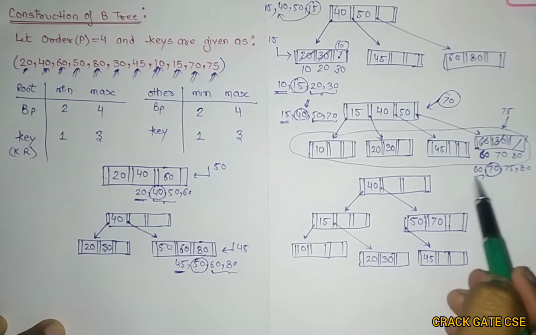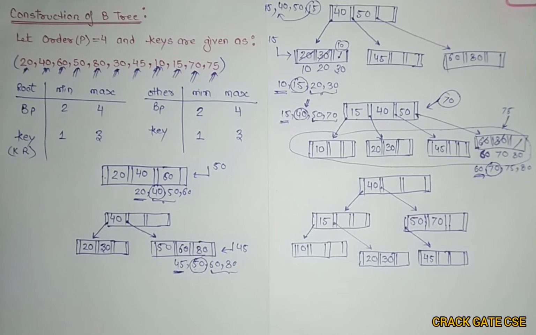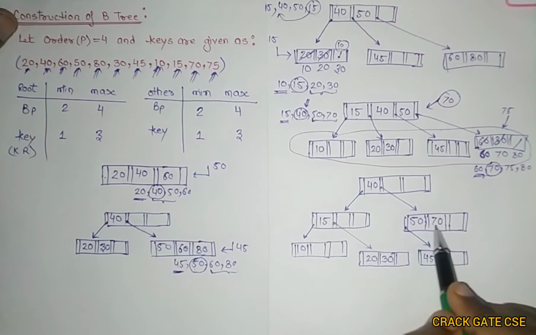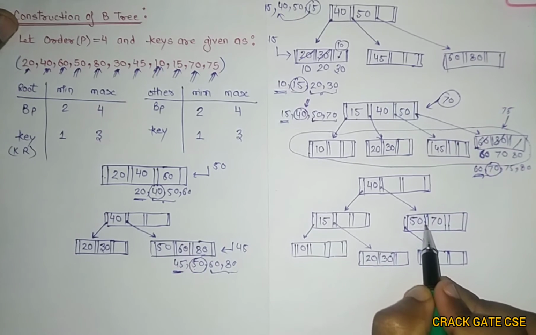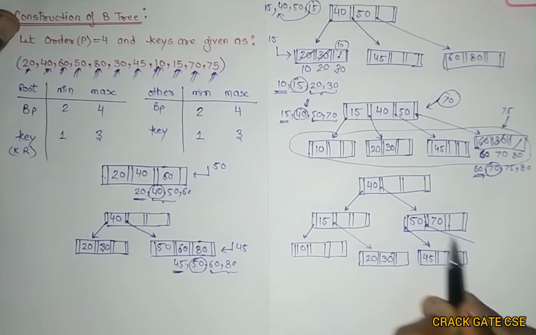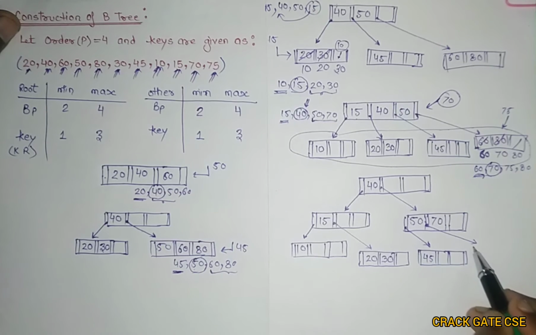This 60, yeah. This 60 should be in between 50 and 70. So it should be here, from this block pointer. So here we would be having 60,